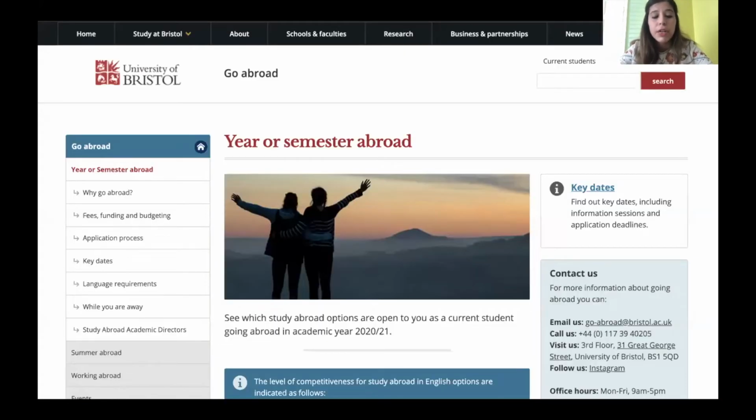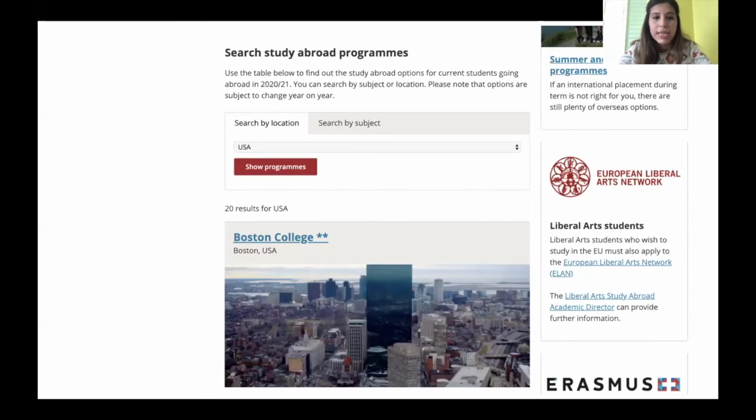So now we're going to look at some examples of UK universities that offer study abroad programs, so you can get an idea of how this will look. This is a screenshot of the University of Bristol's Go Abroad page. As you can see, they offer either a year or a semester abroad. And if you scroll down, you'll be able to search by location to see what partner universities they have in the US. Now, as you see here, they have 20 partner universities in the US, and some examples are Boston College,